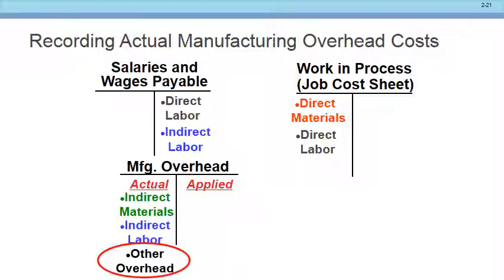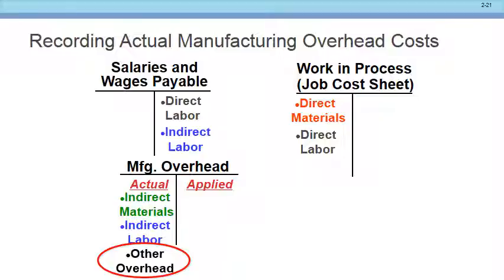Okay, so I've got my indirect materials, I've got my indirect labor, and then I've got my other overhead items, which I probably should have labeled other overhead instead of just overhead. Those are our utilities, etc., right? Those are our other overhead items. And so those are all going to sit there in that overhead account. That's my actual as I incur my payments for my indirect materials, my indirect labor as I issued those. We saw the journal entry for that.